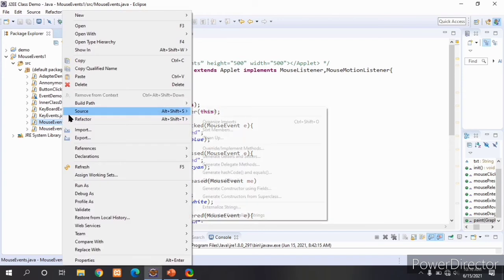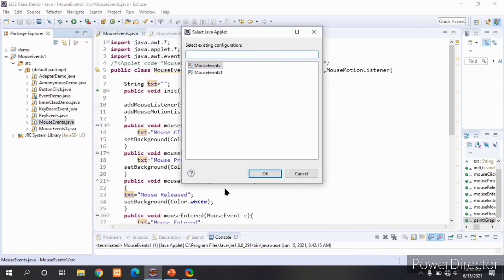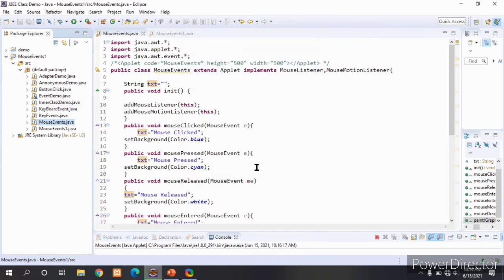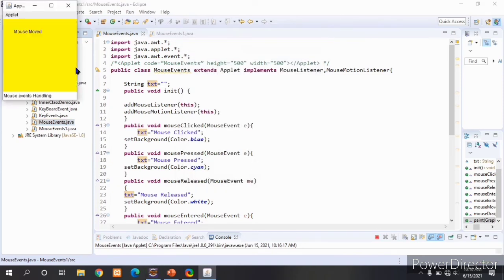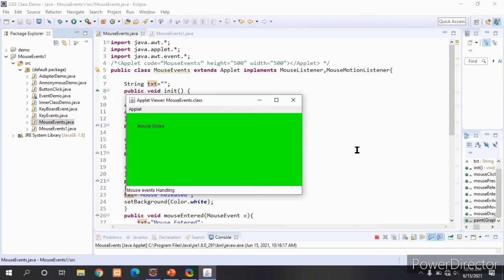I will click on mouse events, run Java applet. See, mouse moved.